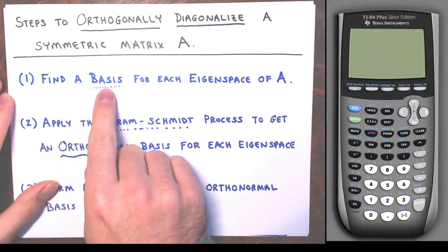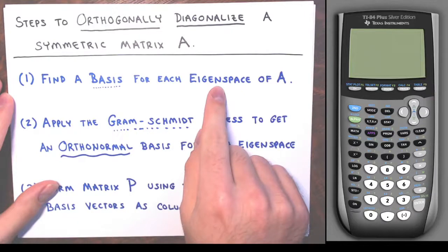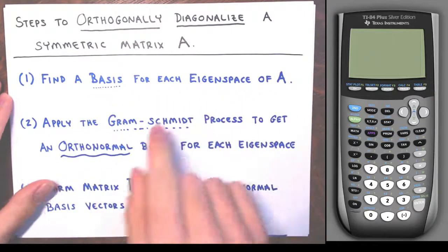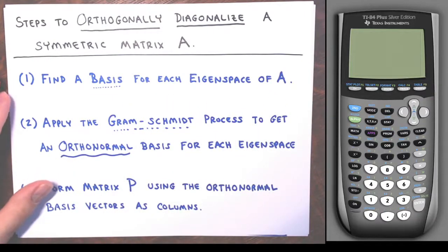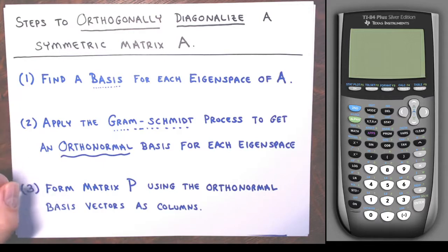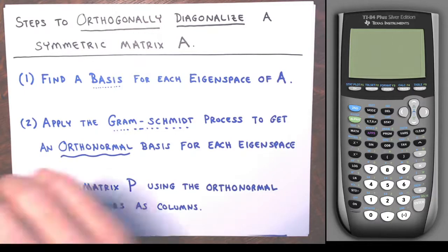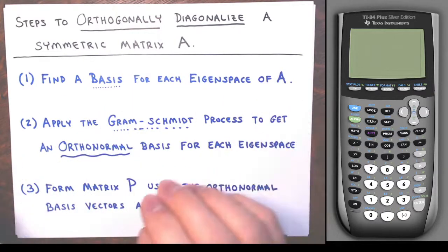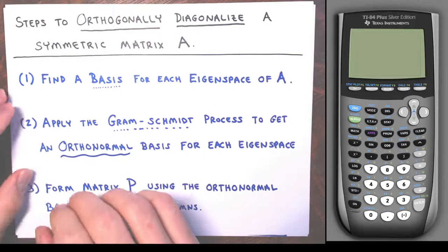Find a basis for each eigenspace of A. This is easier said than done. This is going to take a while, because remember, you have to find the eigenvalues of A. So you're solving that characteristic equation first, and then you take each eigenvalue and find a basis for the eigenspace of each eigenvalue of A. That takes a bit, but it can be done. Number 2,